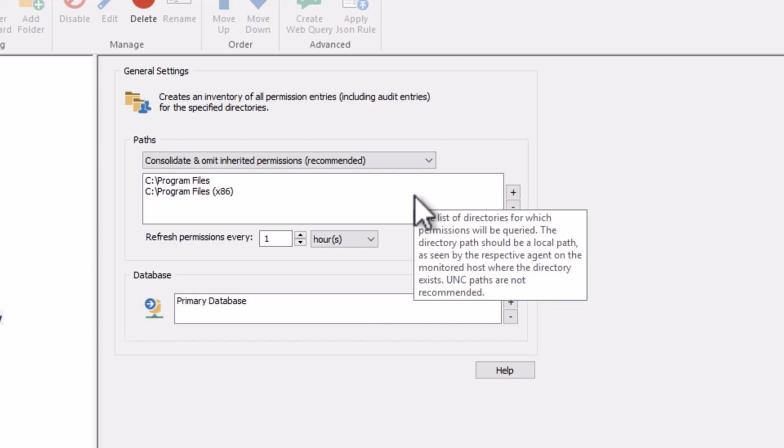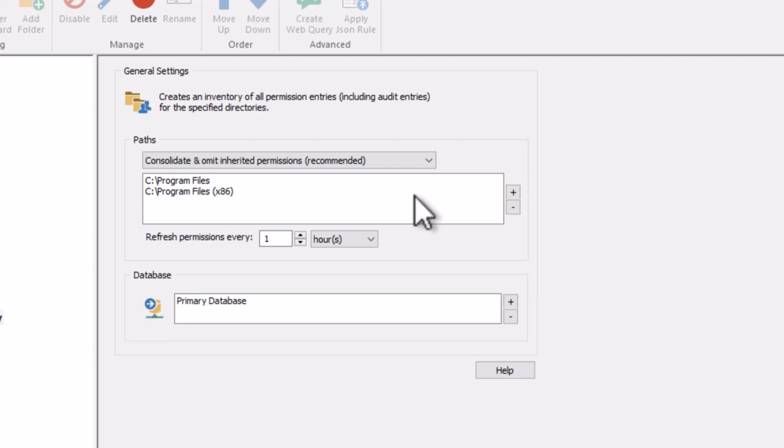And of course, these folders will have to be specified local as the agent sees them. So you cannot specify file shares there. You'll have to specify the actual local directory, for example, program files. Then you can specify how often the permissions are refreshed, and that interval completely depends on how often you expect